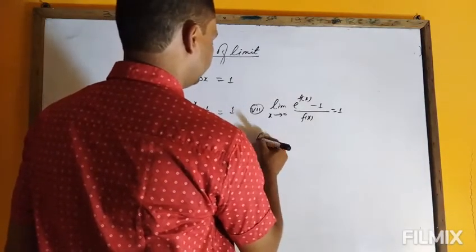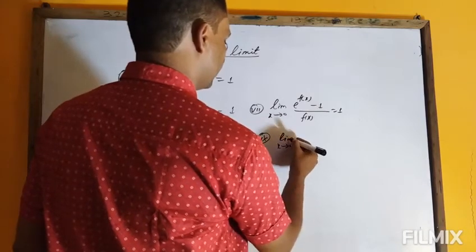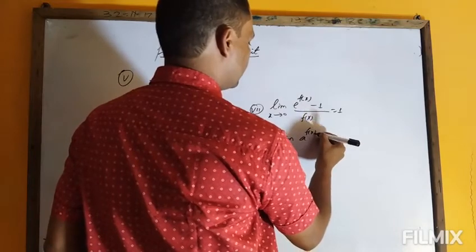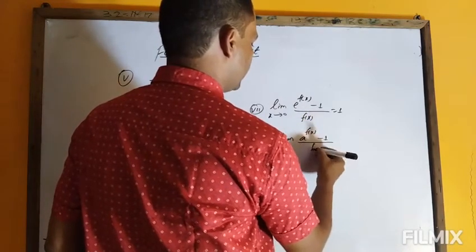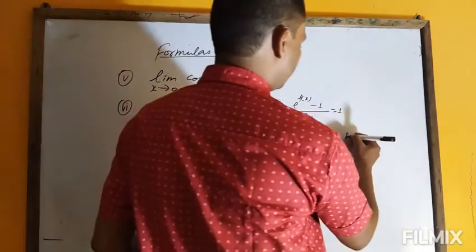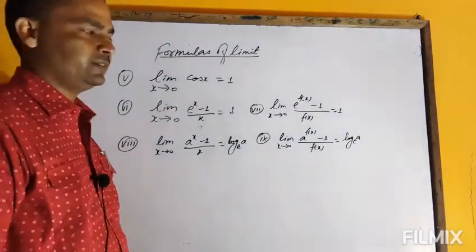Ninth, limit x tends to 0 a to the power fx minus 1 by fx is equal to log a base e।